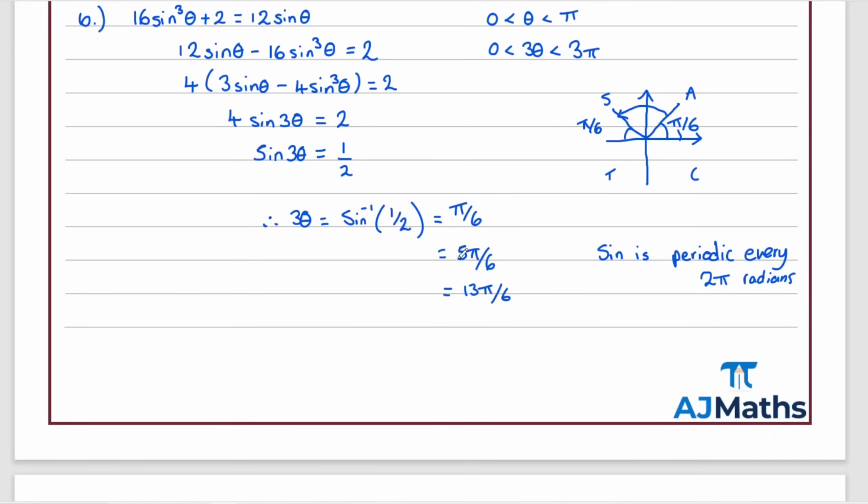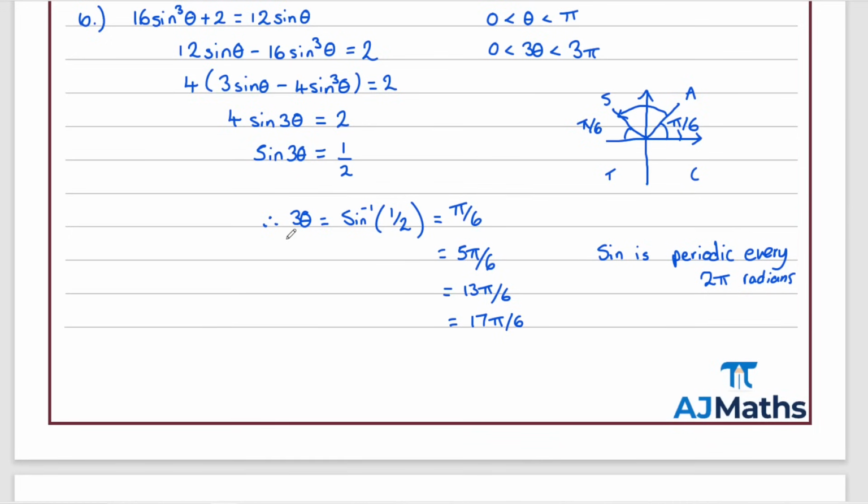For my next solution, we go to this one here and add 2 pi again, because like we said, sine is periodic every 2 pi radians. So if I've got 5 pi over 6 and I add 2 pi to that, that's the same as 5 pi over 6 plus 12 pi over 6, which gives me 17 pi over 6. The next solution would be 13 pi over 6 plus 2 pi. However, if I add 2 pi to this, we're going to fall outside of the domain here for 3 theta. So at this point, what I've got here is the full set of solutions